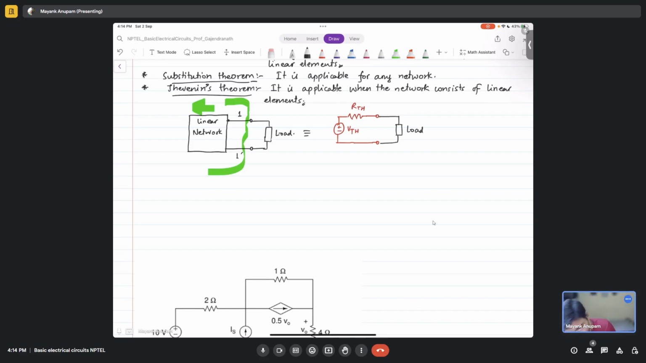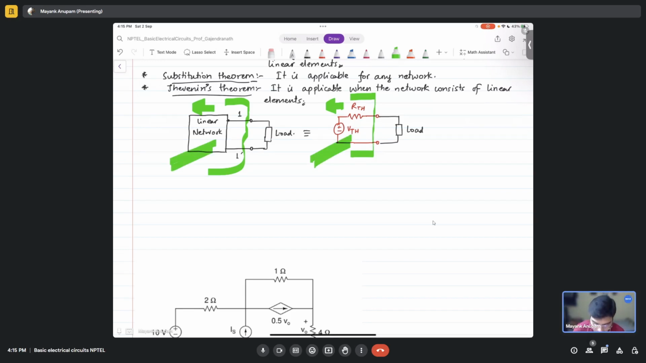Correct? Is that fine? So this side, I mean everything looking left to this green boundary that I have shown. So the terminal characteristic. What I was saying is that if you are talking about this network and this network, their terminal characteristics